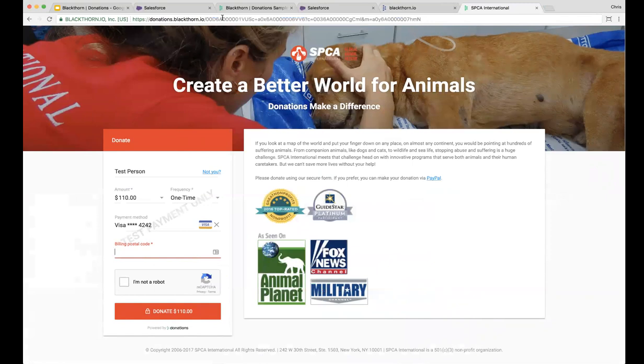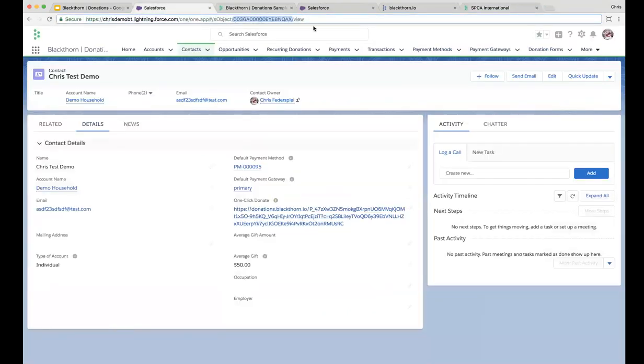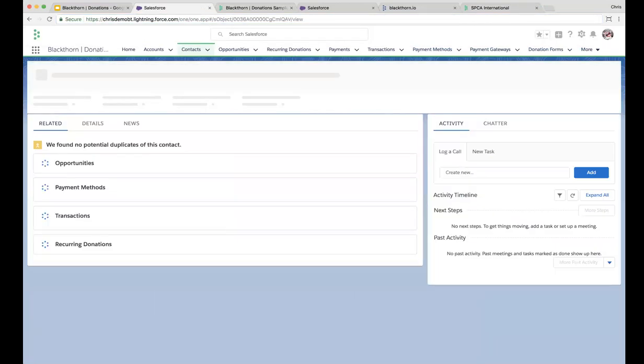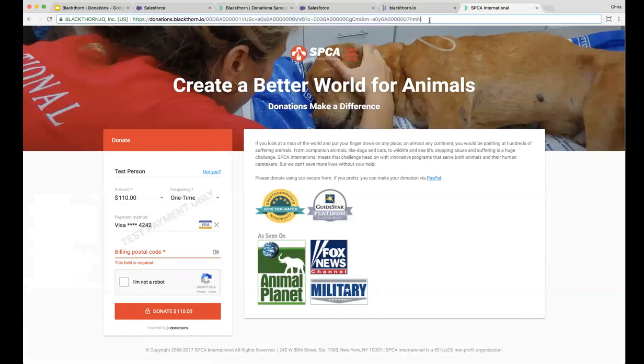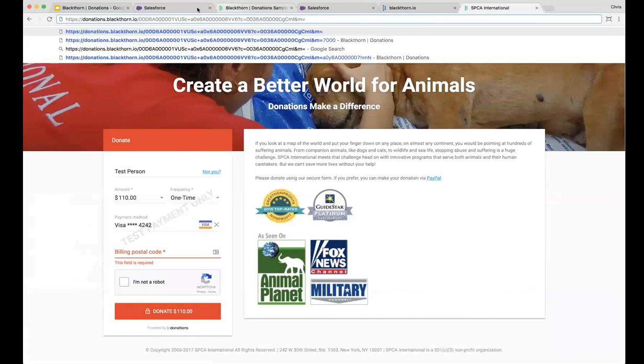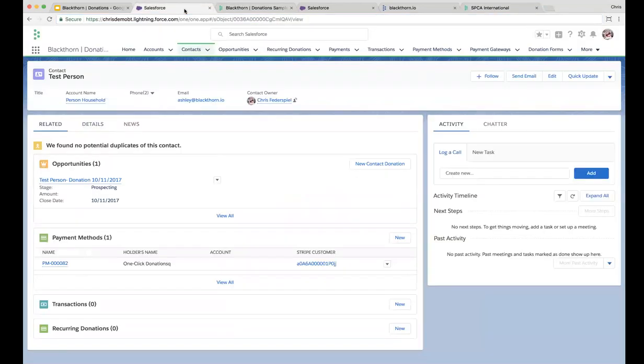The URL is the same org ID I'm pulling from. The form is from the same source form. If I go to the contact, I can then plug in this contact ID, and here's our test person that was plugged in. Now, to show you how the average or dynamic gift amount works, in Salesforce on the contact,